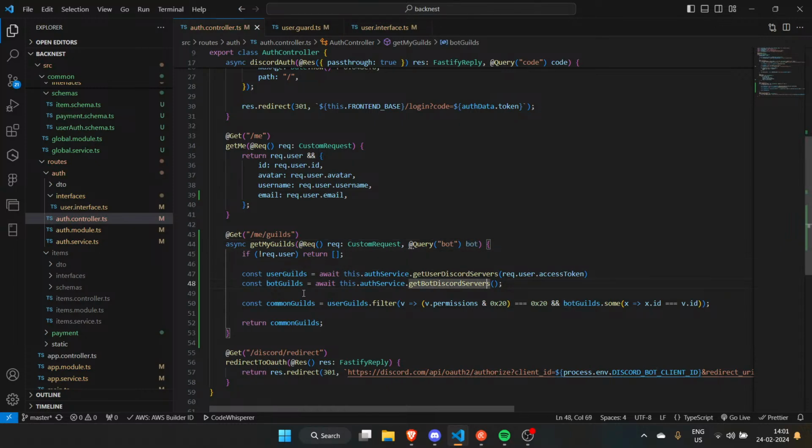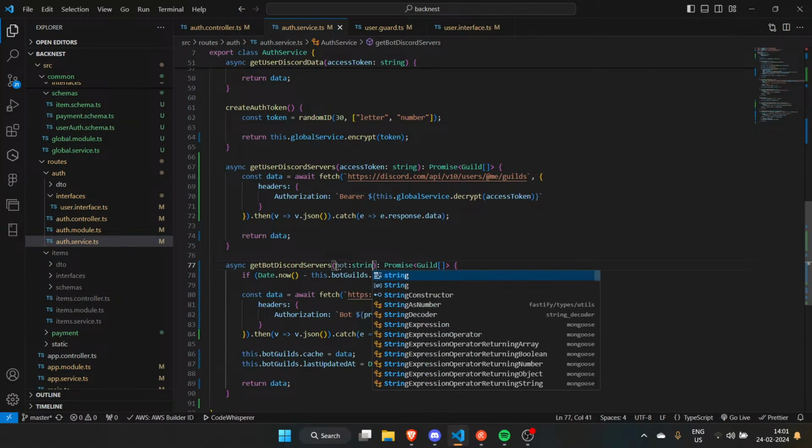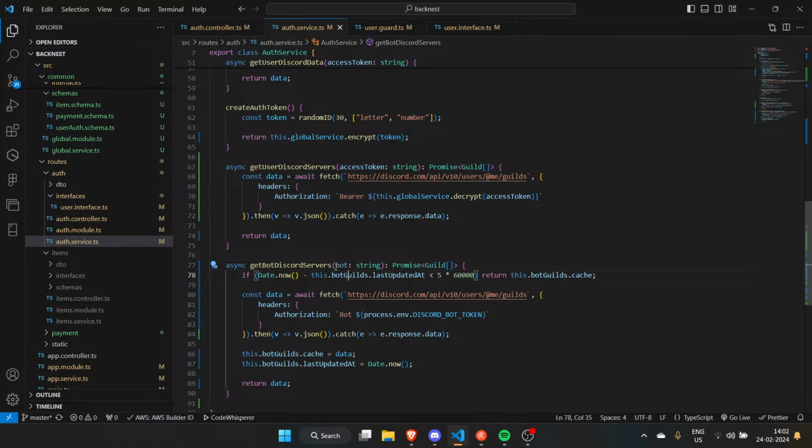Now when you're trying to get the bot guilds, send bot. It is a string, Discord bot token. Now I'll just do that. Awesome. We don't need the full stop anymore.